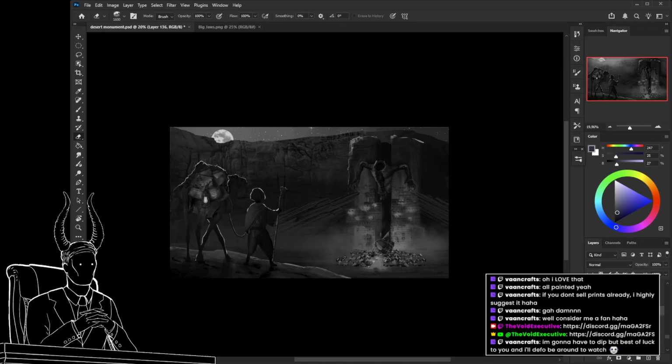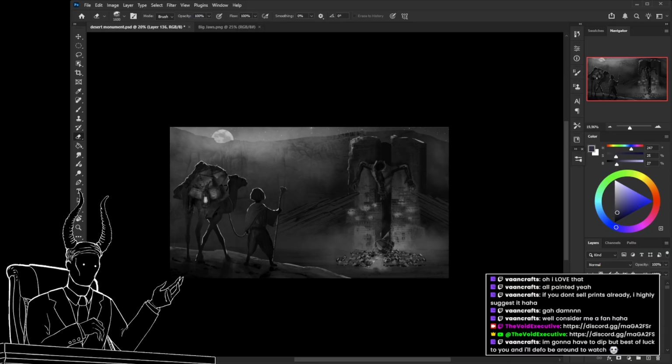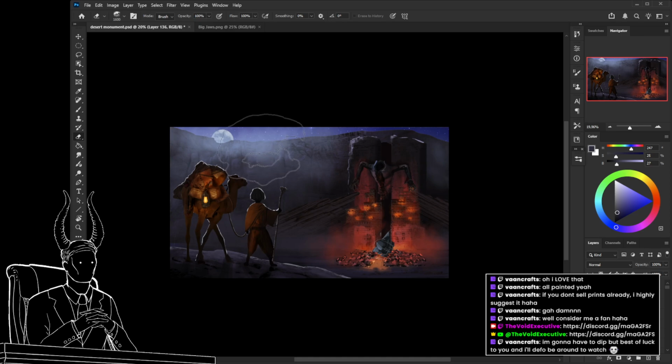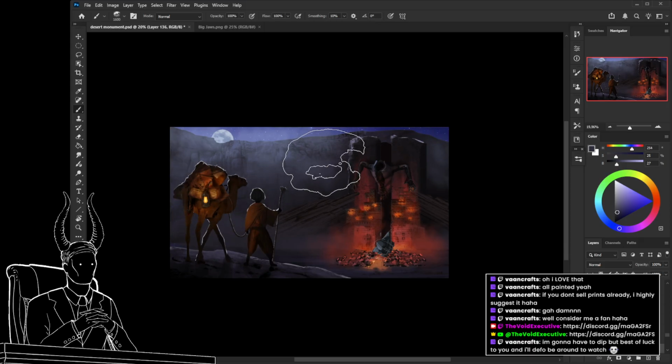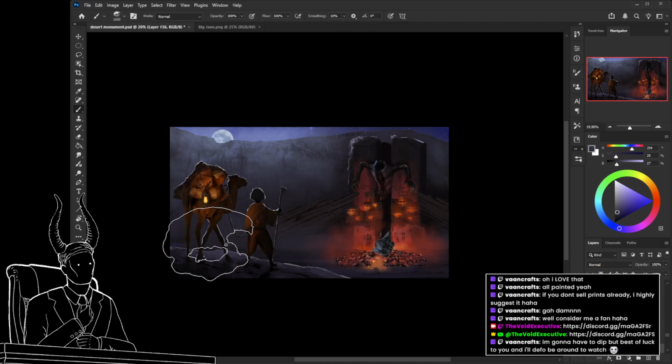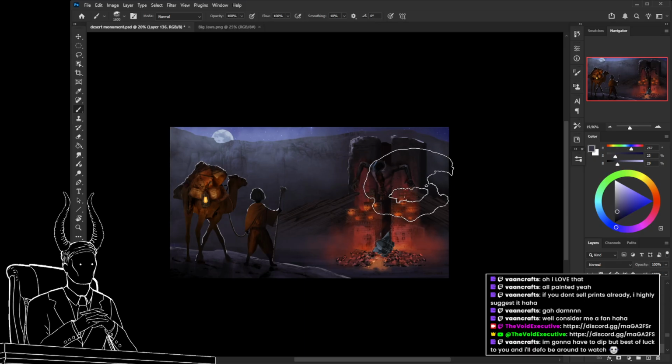So the fog is useful. Maybe it's a matter of how much fog. Yeah, it greatly helps with